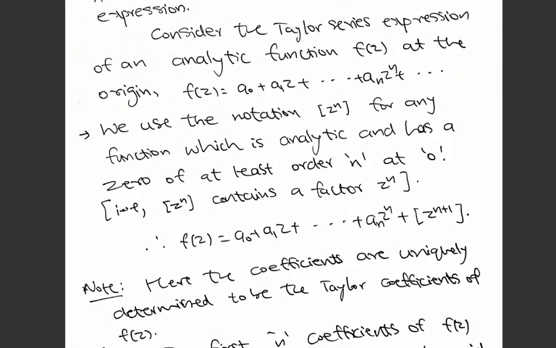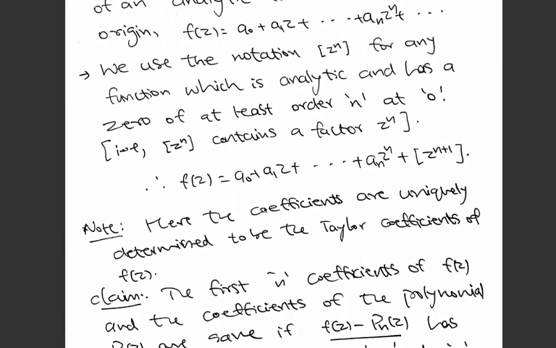So the idea is to tell you that under the algebraic operations, analytic functions or the Taylor series expansion behave exactly similar to polynomials. So you know how to add two polynomials, multiply, composition, and all other things. Then what happens to the coefficients? The same thing happens in a similar way to analytic functions. So for this, you have to do two things.